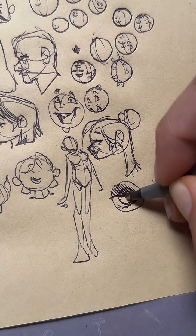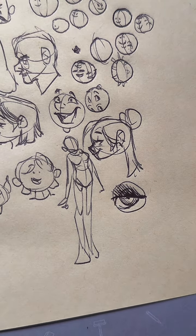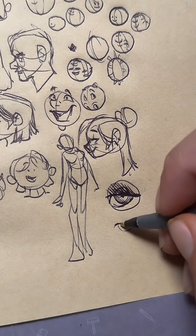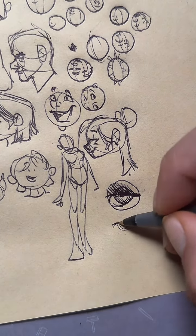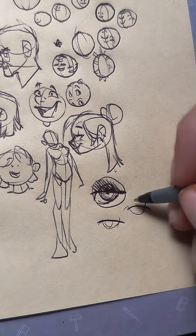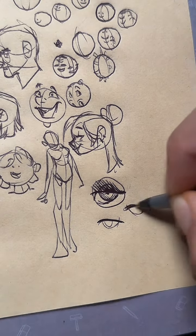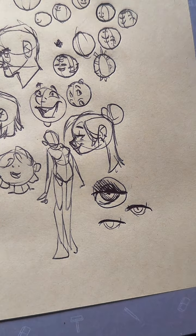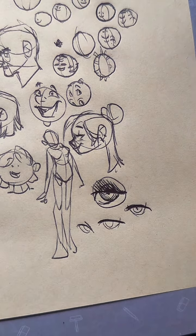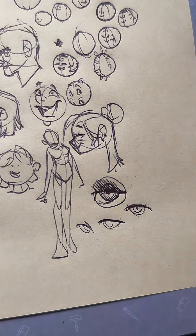The trick to a successful artist is having a ridiculous amount of tool sets. So when you're able to draw something simple, then you can stylize it later. So if I know that my eye is just two overlapping lines, like that, one is darker, and I can just add my style inside, well, eyes become incredibly less intimidating. It's just two lines,